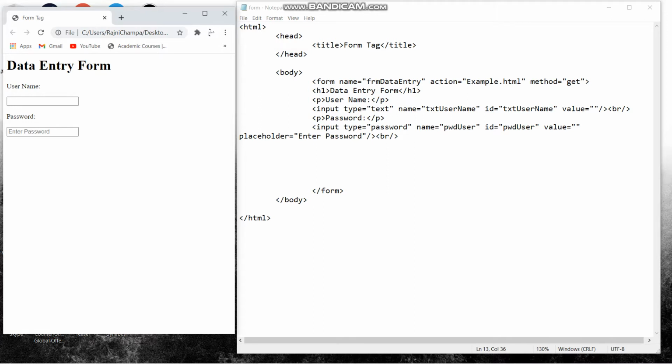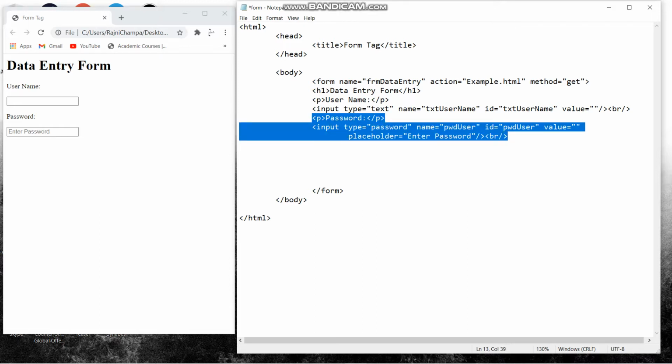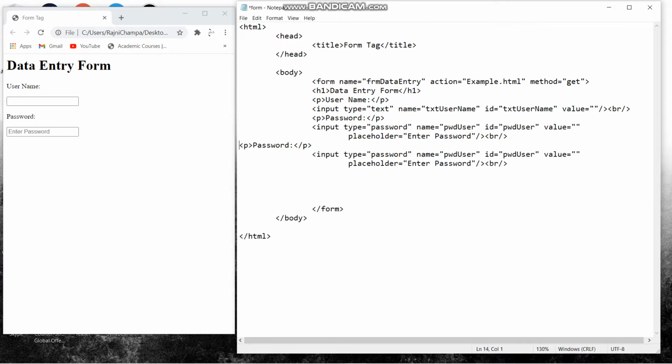And in the future, whenever you are creating any form, you are going to use similar notations for the form. Another field I will be creating is for the confirm password. For that I only have to copy this password field and paste it here. I should align this password and write here confirm password. Here it is, confirm password.